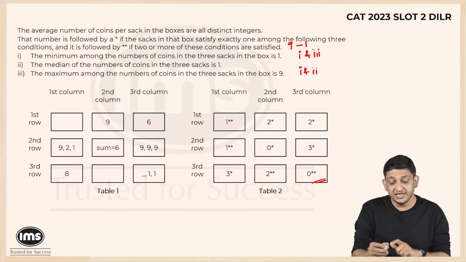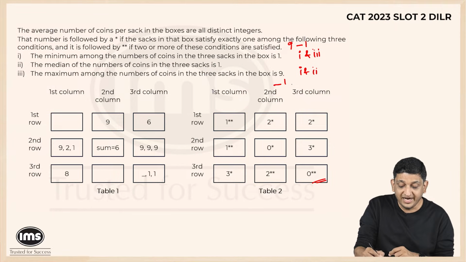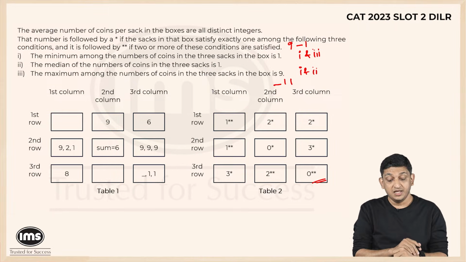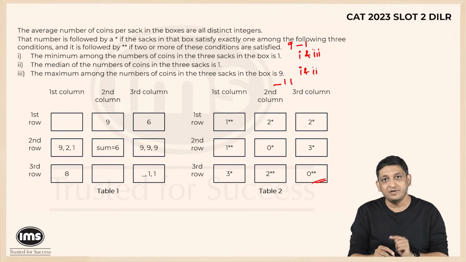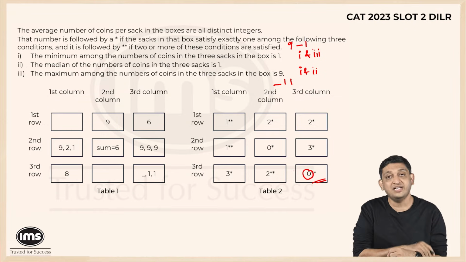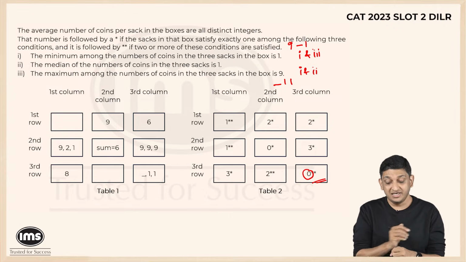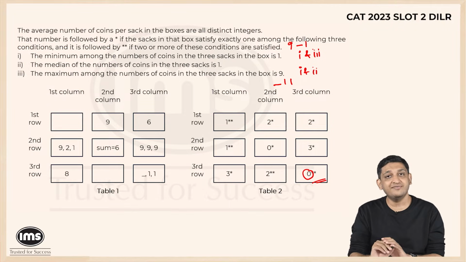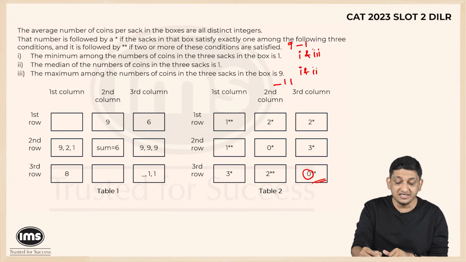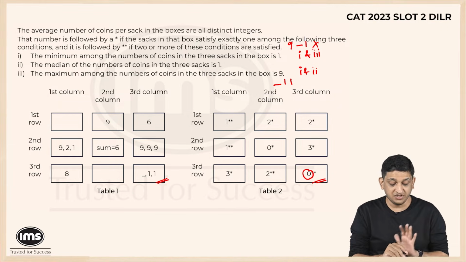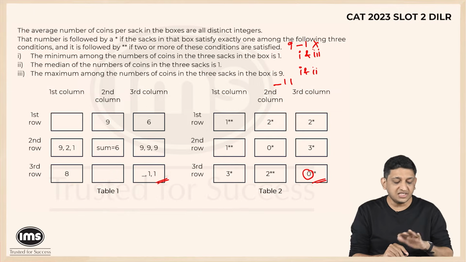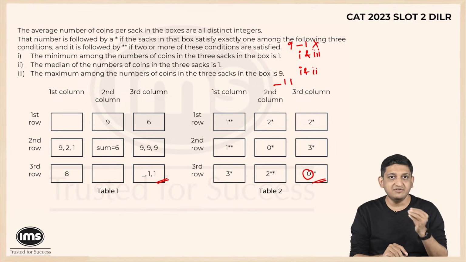And if it is in the configuration of 1 and 2, I will have dash 1 1, which will be present. Now if there are 2 stars and 1 and 3 are the conditions that are true, then 9 dash 1 has to happen, which will mean that I will have at least one number which is greater than 5. But in this box, there is no number that is greater than 5. And that is why I know that this condition does not exist. It has to be dash 1 1, as has been represented here, right? So that is what we will know in this particular context. What else can we figure out? So I'll just keep it dash 1 1 for the time being, and then we will see what happens.